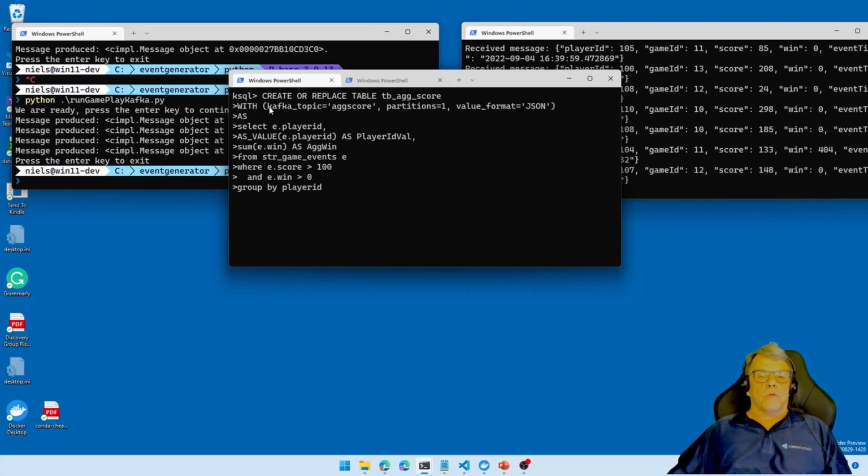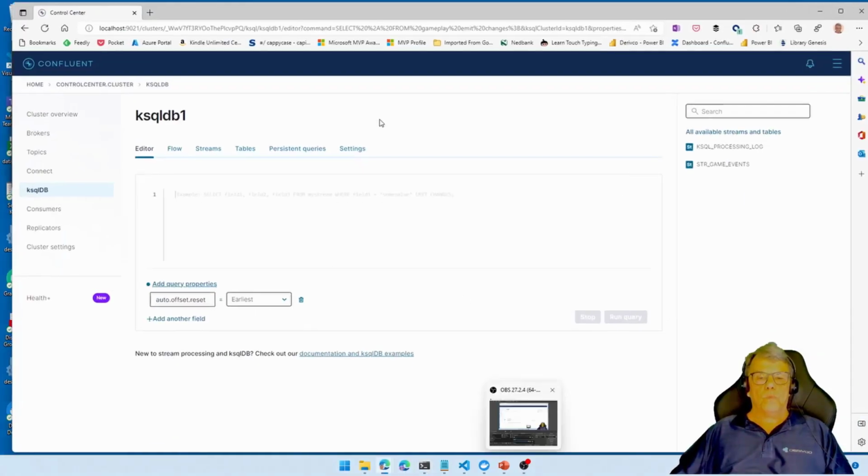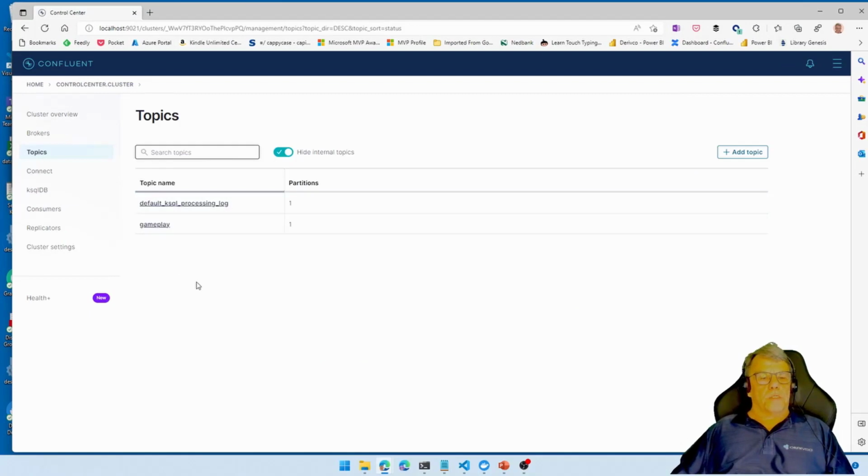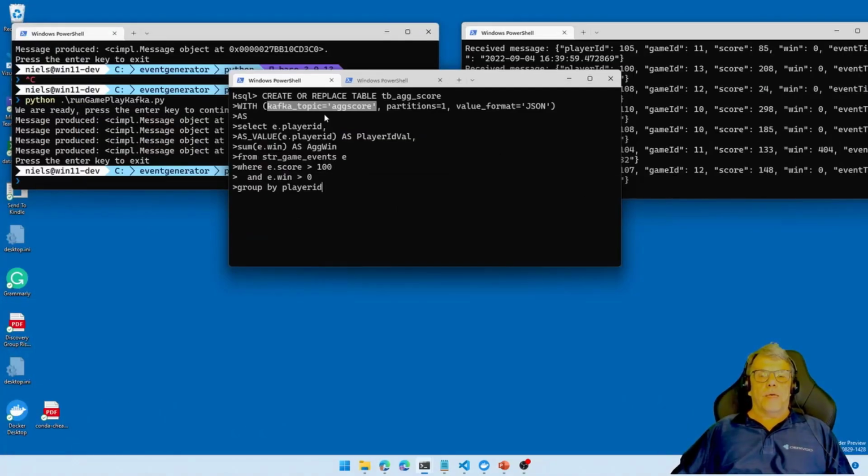An interesting part of this is that I'm saying Kafka topic. Right? I have not created a Kafka topic. If we're going back to topics, I only have my gameplay topic here, right? So I'm now saying that the output, the result from this should be written to a topic called agscore. One partition and value format is JSON again. And what we're doing is we are selecting a player ID.